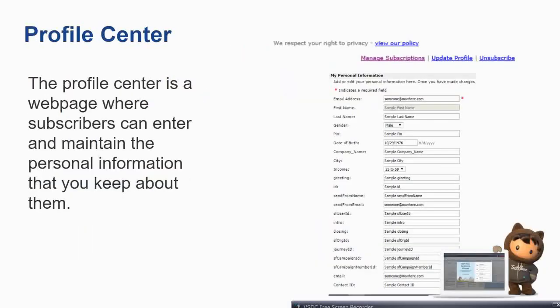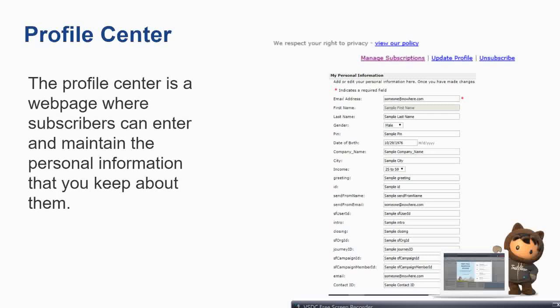So this is profile center. As I have said, these two are actually connected. In All Subscribers, the subscribers are added, right? Now this profile center link should be added to every email at the bottom, so that the user can click on this and manage their preferences, and based on their preferences, further communications through email or whatever could be sent. So this is basically a kind of form and the user can manage this.